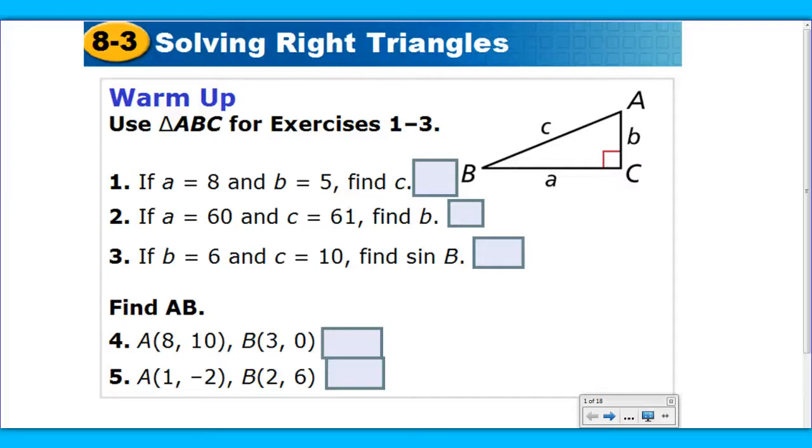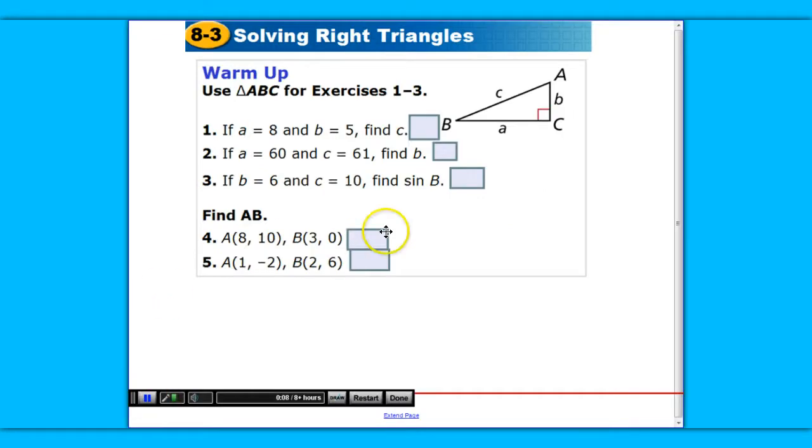Chapter 8, Section 3, Solving Right Triangles. Pause, come back and check your work. So we are warming up with a little bit of which theorem? Yes, the Pythagorean theorem. C equals square root of 89,